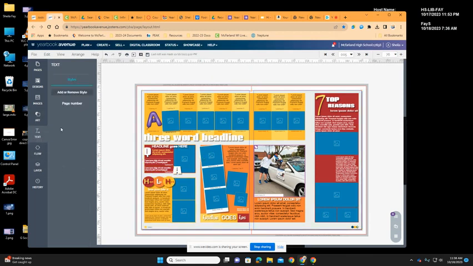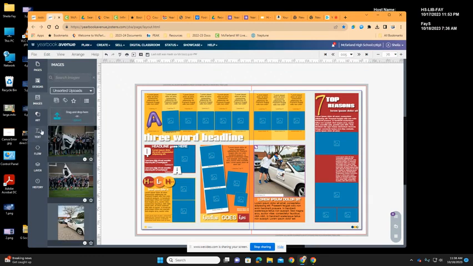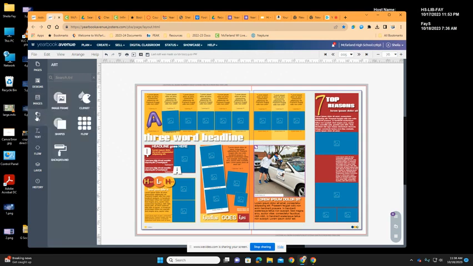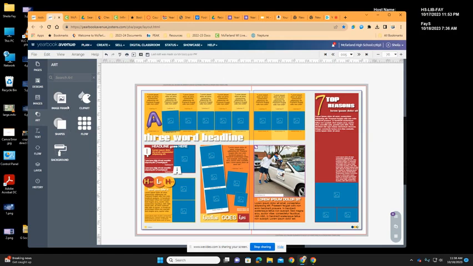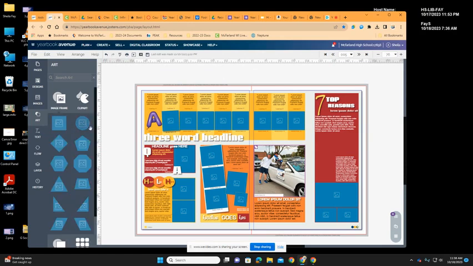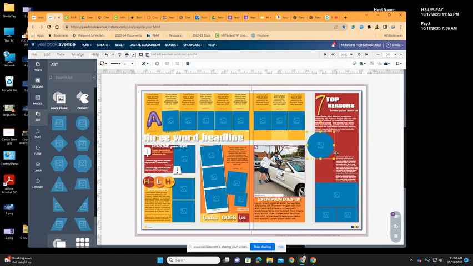You can adjust text, and you can bring in different frames for your pages. If you don't like the square frame, we could bring in a different style frame. And I'm going to bring in a circle. I'm going to size it. It can be oblong or circle. You can hold down the shift key if you want it to just be a circle. Remove it. Anyway,